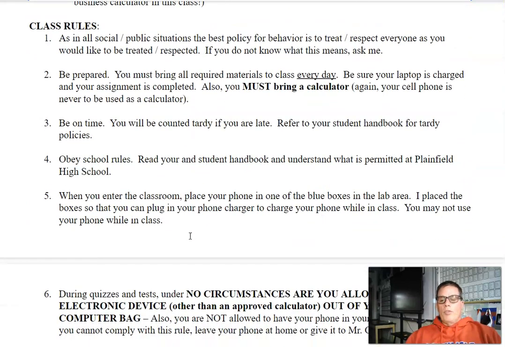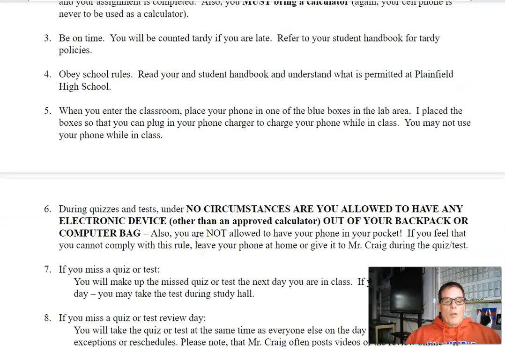Class rules. My class rules are pretty straightforward. If you've been in school and been paying attention, make sure that you're still doing the things that have made you successful to get into a class like this. Have your homework done every day. I give you some time in class to complete the homework, but I don't give you the whole time in class to finish the homework. The expectation is that the homework is due the next day that we meet. And if you're not sure what we're going to do in class, then you always go to Google Classroom, and I'll bring that to you here in a few minutes. So those are some of the rules.